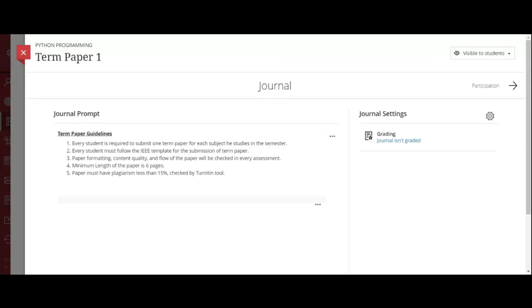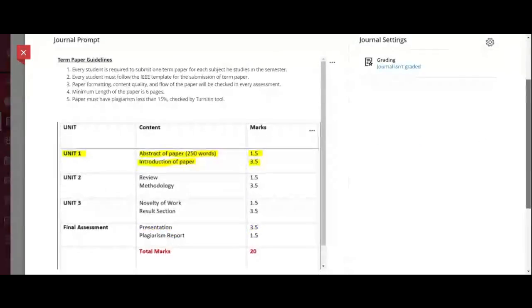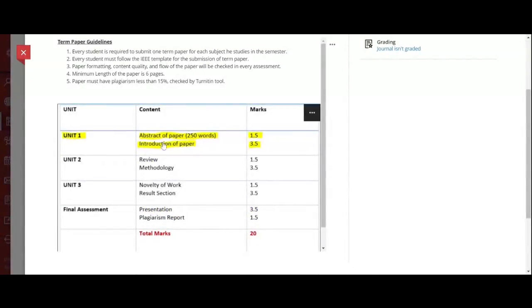I already told you that you have to prepare a paper on any topic of Python. You can simply take small projects. If you search on Google, you will get a number of projects available, right? So what you have to do is follow these rubrics. Until unit 1 this was the thing you had to complete, but we are a little bit late for that. So you just need to complete these two things in your unit 2 part, right? So abstract, you must have studied research papers or term papers. In this way you have to submit your paper.